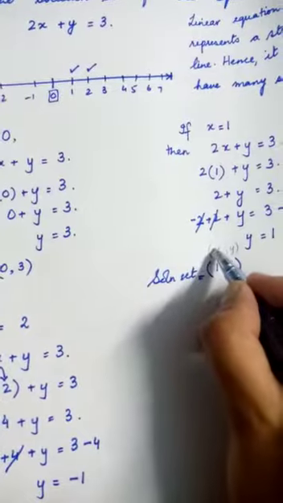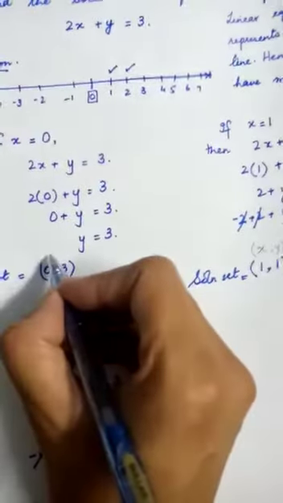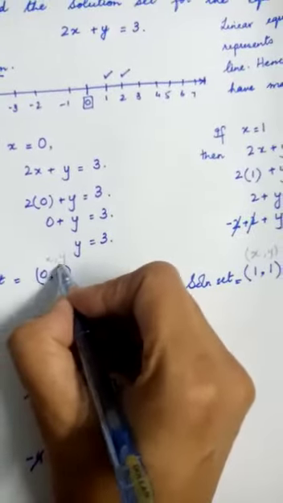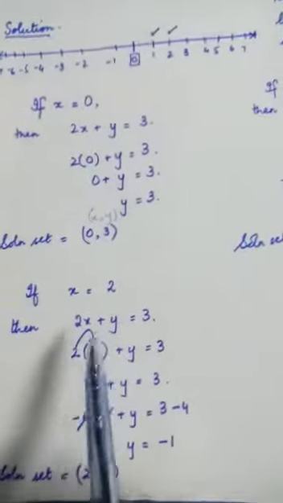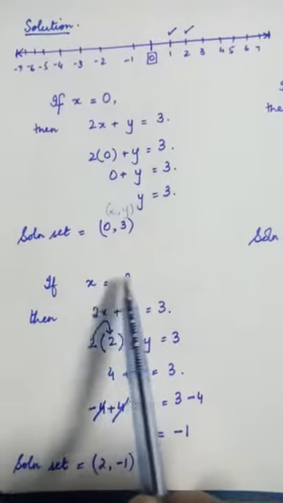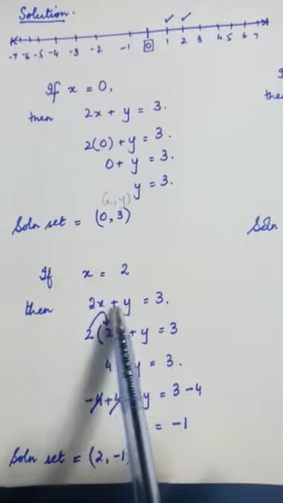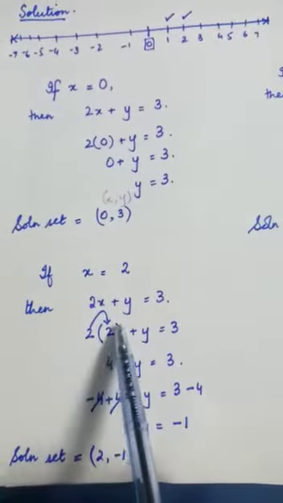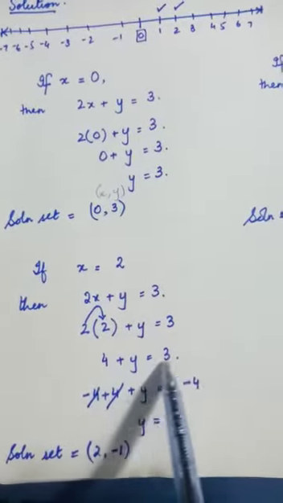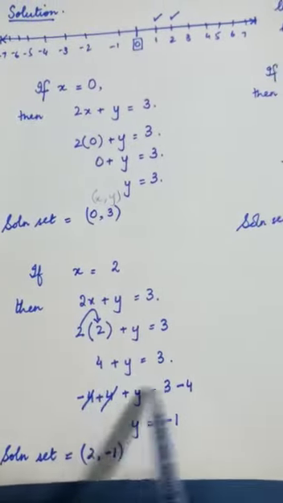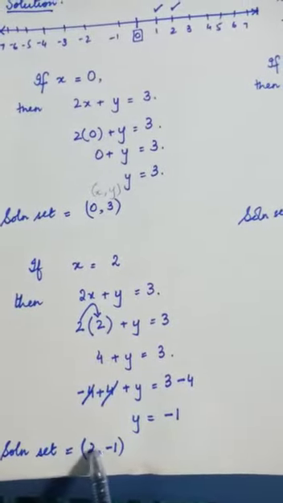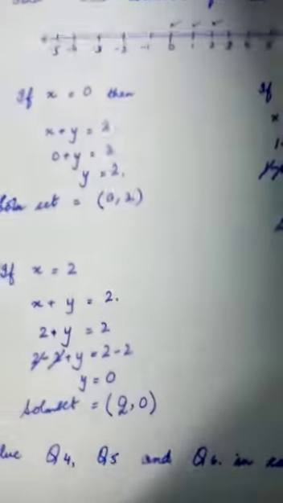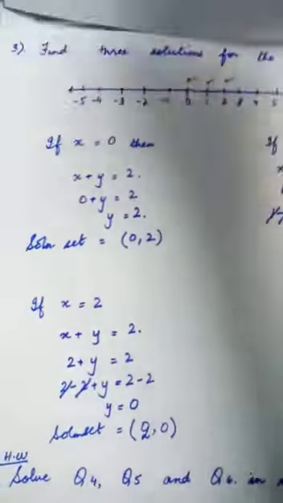You have already done this in the other equations as well, when you were writing the definition of simultaneous linear equation. Then if we take the value of variable x is equal to 2, then in 2x plus y we put the value. So 2 multiplied by 2 gives us 4, plus y is equal to 3. So minus 4 on both the sides, so value of y is equal to minus 1. So solution set is 2, minus 1. So this is how you can do part 1, question number 2.